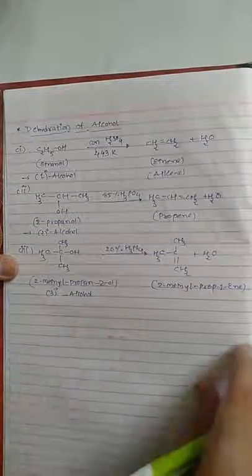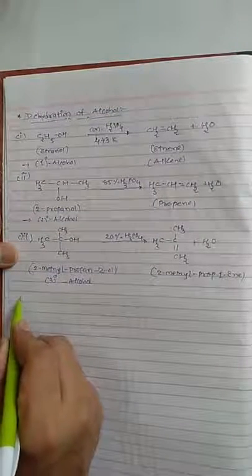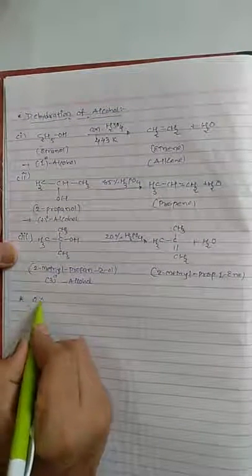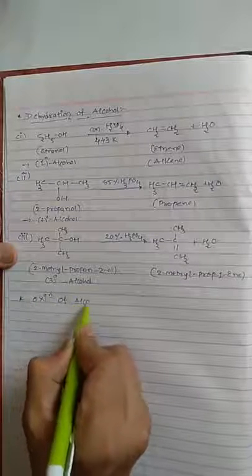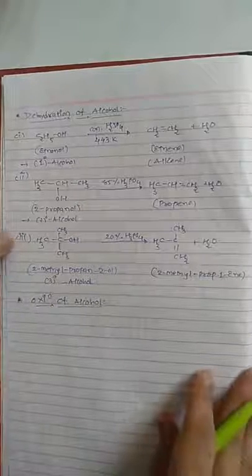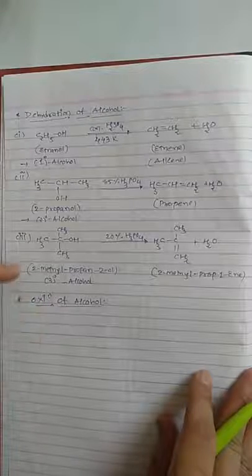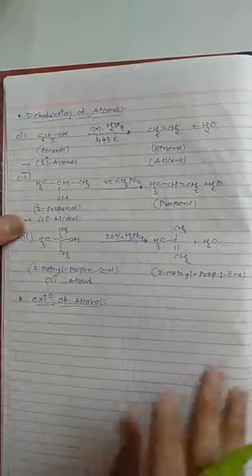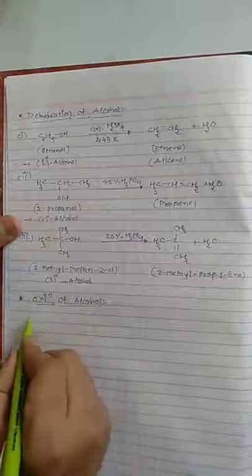Now the next point is oxidation of alcohol. We have two types of oxidizing reagent, strong oxidizing reagent and weak oxidizing reagent. We will discuss that in detail. Number 1,